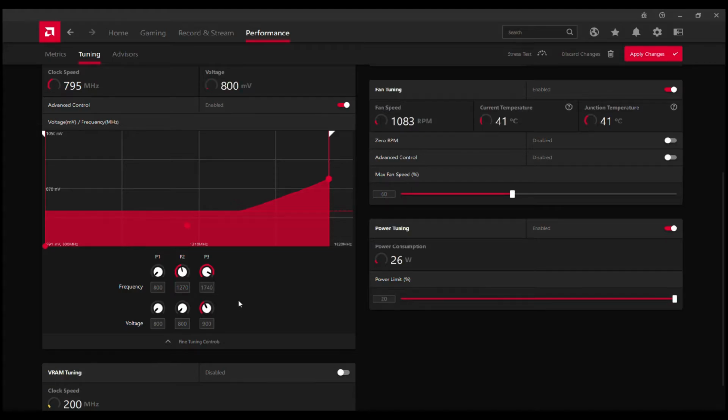You can also undervolt your GPU a little bit. For example, if I correctly remember, default voltage for P3 state by Radeon software is 940. I lowered it a little bit to 900, and it was all okay since then.